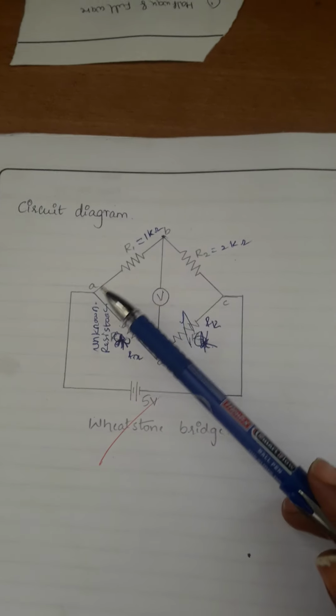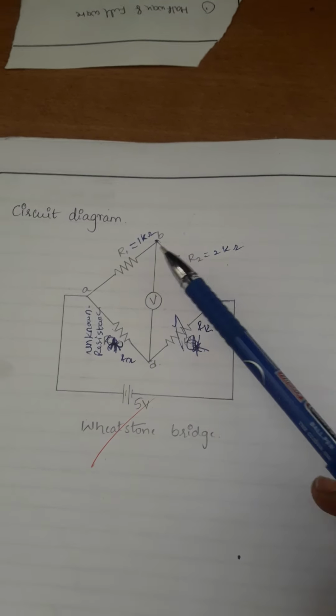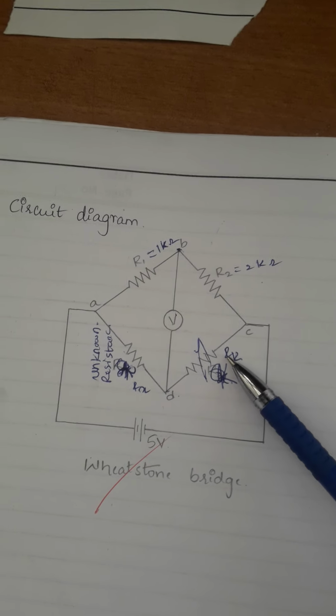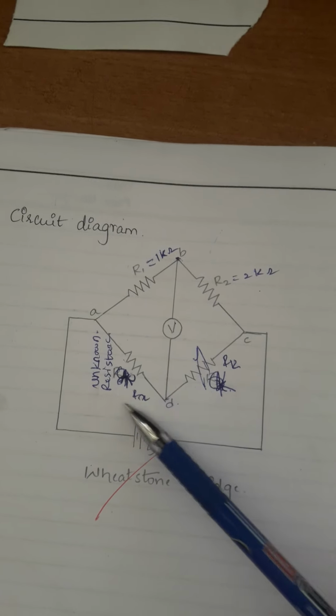So how to find this? By using the Wheatstone bridge circuit. Now this is the circuit diagram, and it is a very simple circuit. Using this connection, you have to make the connection according to this. 4 resistances are there: R1, R2, Rk, and sometimes we can use the letter R3 also, and Rx. Rx is the unknown resistance. We need to find the value of Rx.